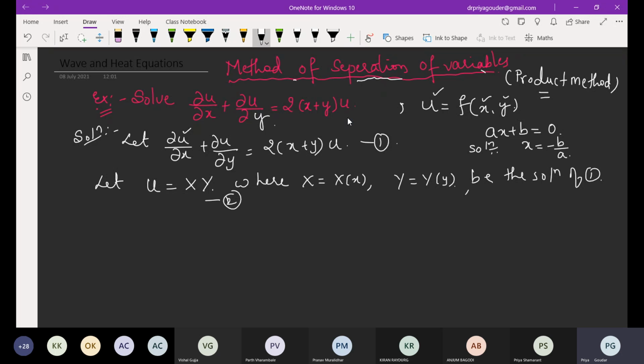Why do you call minus b by a only as a solution? Why not a by b? Minus b by a satisfies the condition. Very good. If you substitute this solution back in the given equation, it 100% satisfies. You can verify it. So this is a into minus b by a plus b. You will get the answer 0 equal to 0. It 100% satisfies. That's why this is the solution and that is not the solution. Got it? I'm applying the same concept.